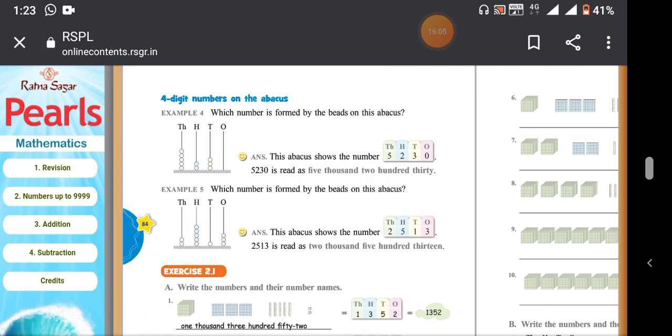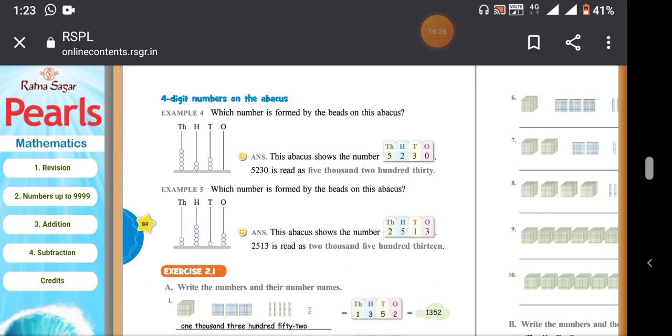Then in the hundreds place we got 2 beads, so we should write 2 in the hundreds place. Next, in the thousands place there are 5 beads, so we should write 5 in the thousands place. So the number is